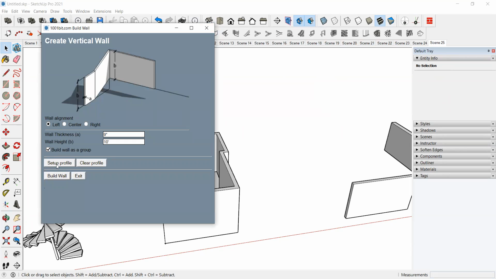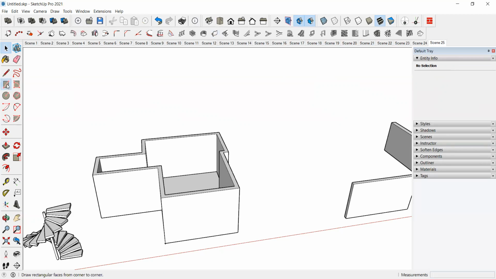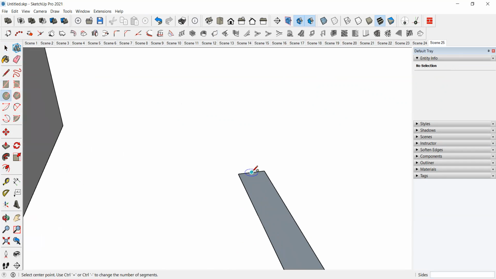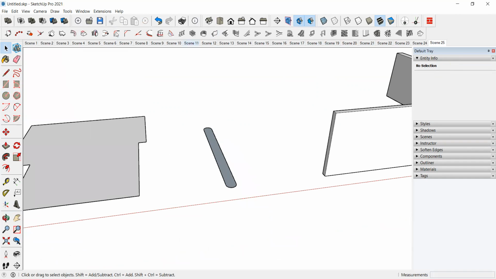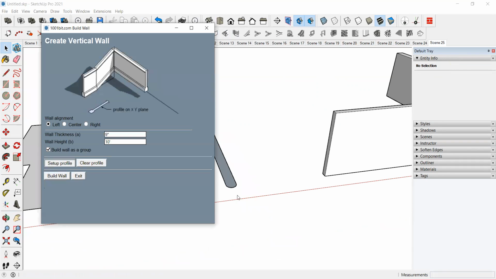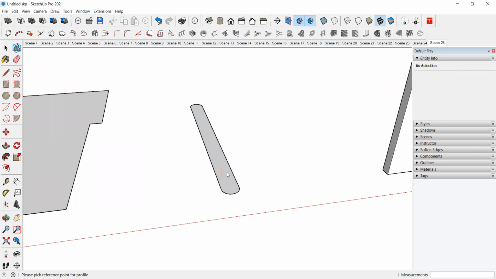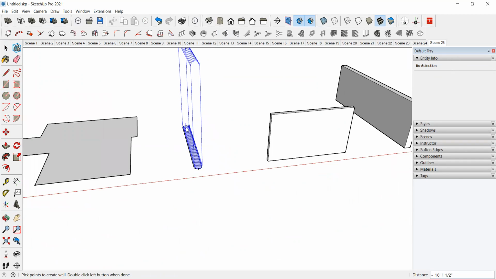And here we have setup profile. Setup profile is nothing but, if you have different shape, so create wall, setup profile, pick the face, reference point from, so how you want the wall, that also it will create.